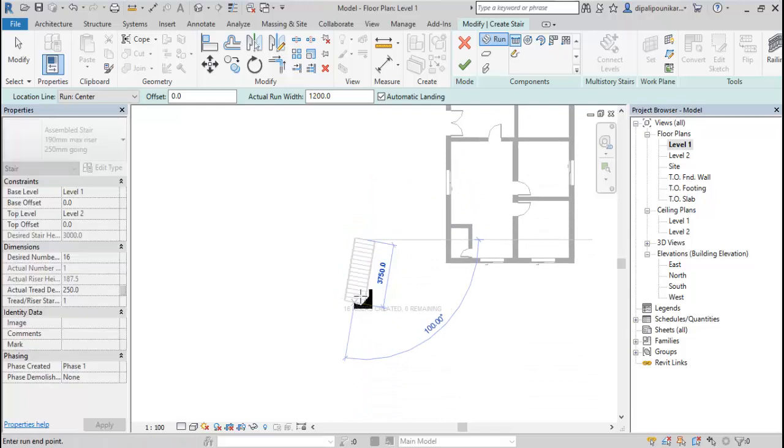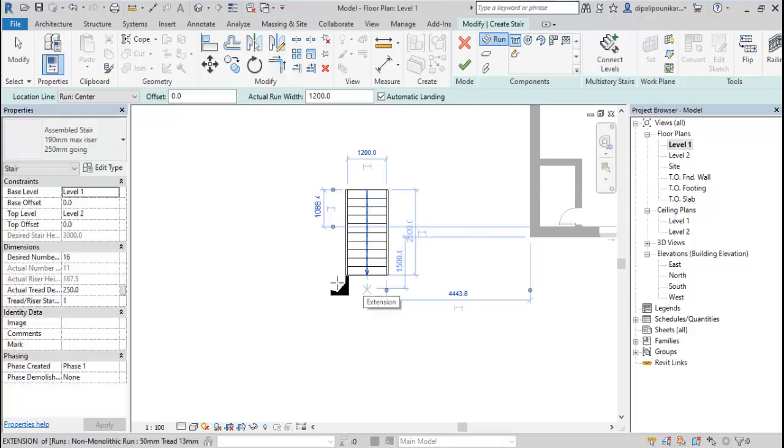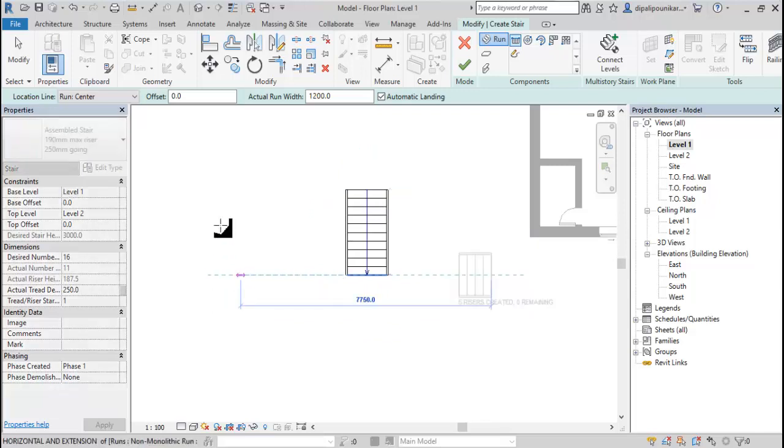First of all, I'm going to provide a distance of 2500, because one story height is 3000 mm, so you need to provide 2.5 meter at the start. Then I want to provide the run width of the landing slab over here as 1200.